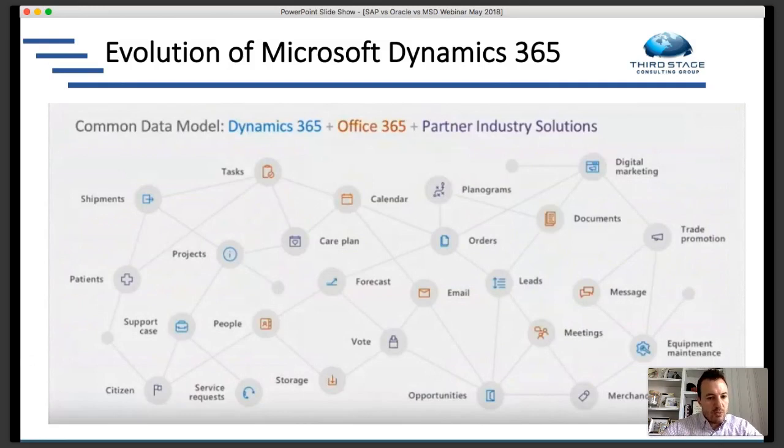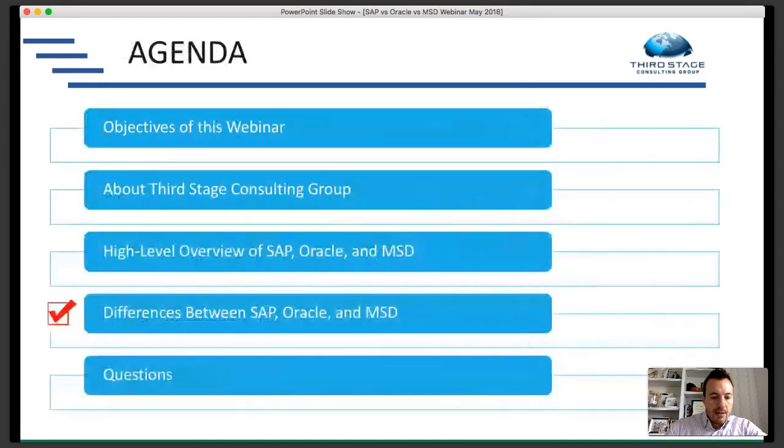So, as with any decision here, there are pros and cons, but the interesting thing with Dynamics is the way they've built that type of ecosystem and the partner industry solutions as well. So that's a real quick 20,000 foot flyover view. And again, the intent is not to show you demos or screenshots or anything, but just to talk conceptually about the high level direction that these companies are going with their products.